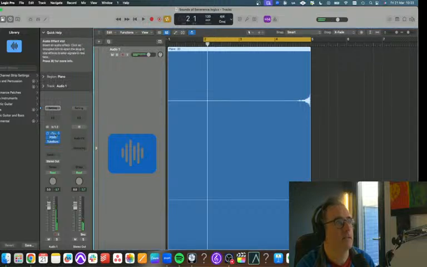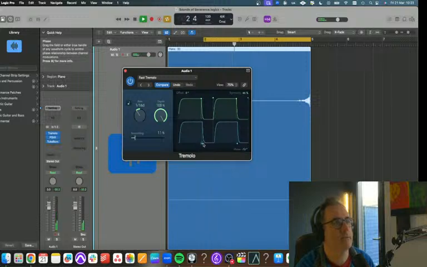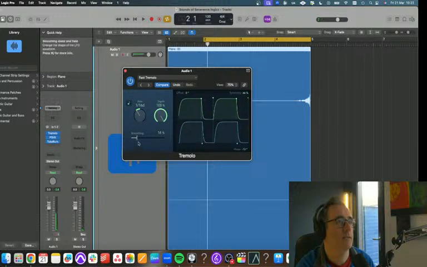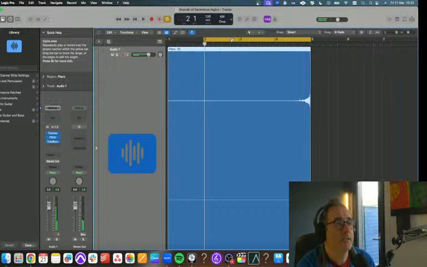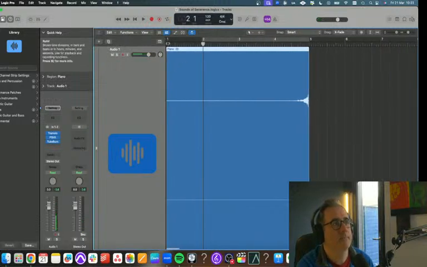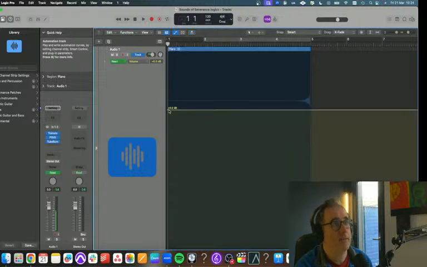Yeah, I think the tremolo still needs to be a little bit more extreme. It's pretty close. I changed key and stuff as well, but I'm quite happy with that.